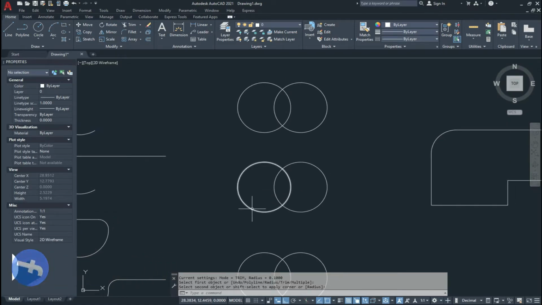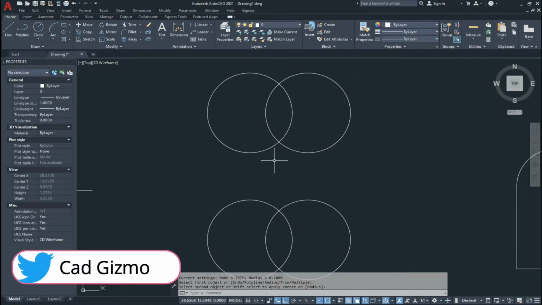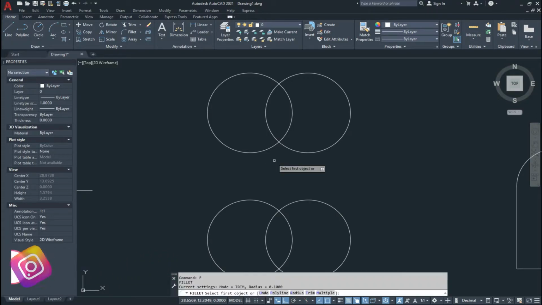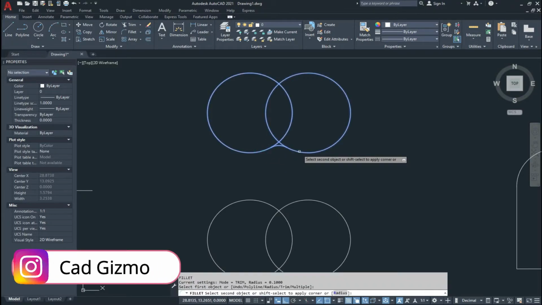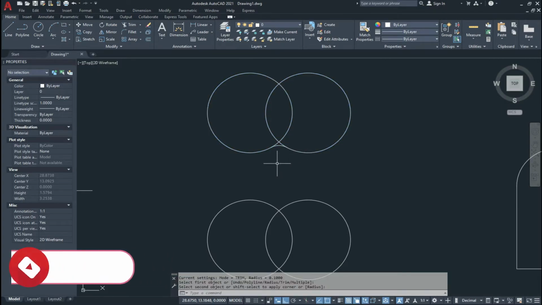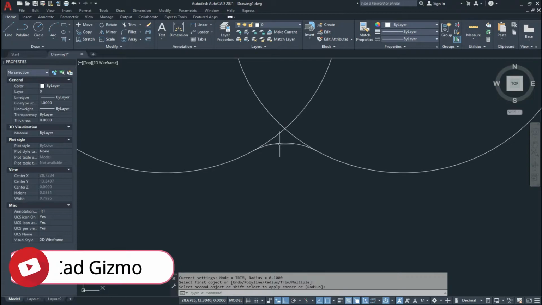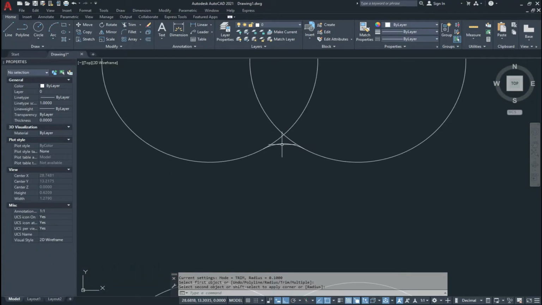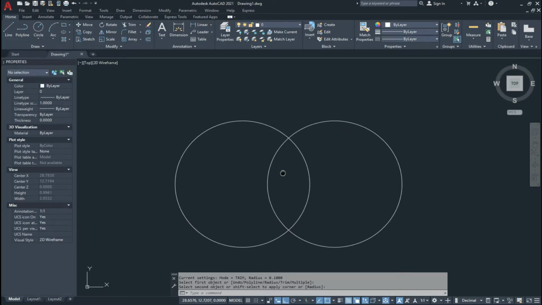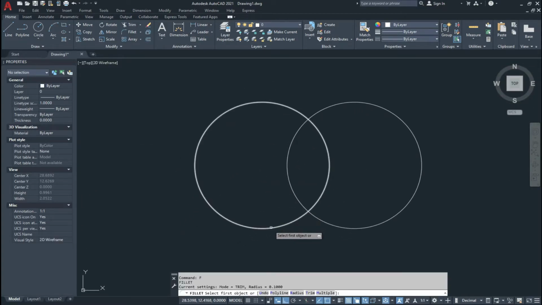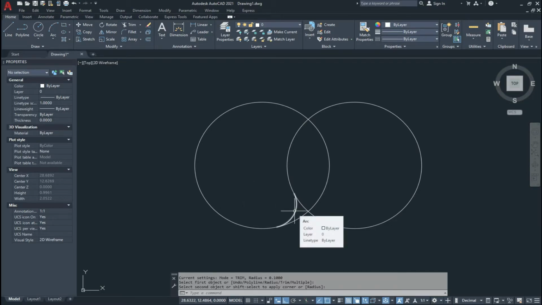Now we go to circle. In the circle, type F and enter, and select these two circles from these two points. In this way you can make this arc which is tangent on these two circles with the radius of 0.1 unit. Now if I click on this point and on this point, this makes the fillet which is tangent on this circle and about this circle.